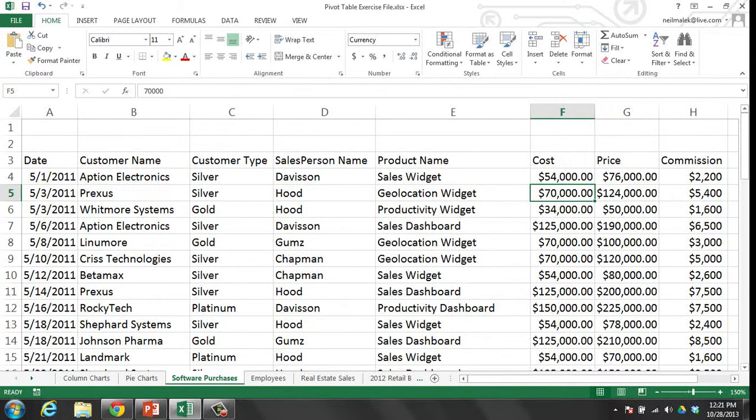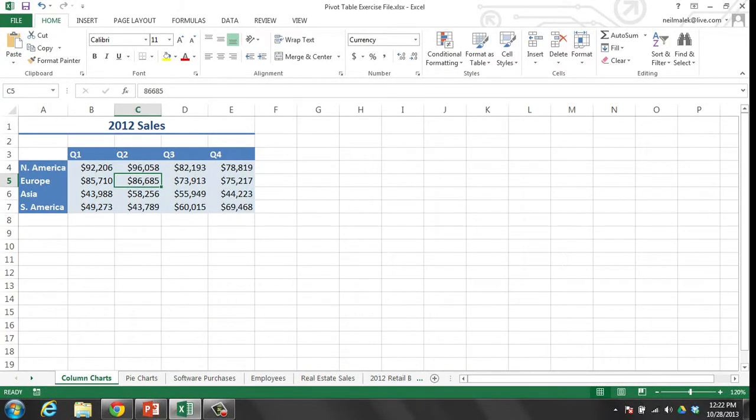However, I cannot, with my own limited mental capabilities, look at this and find things like the average cost per product, or find things like how much in total commissions we're paying to the different salespeople. That information really isn't here. I can create functions that allow me to do that, but ultimately I'd like to be able to take a table that looks like this and turn it into a much smaller table that looks like this,